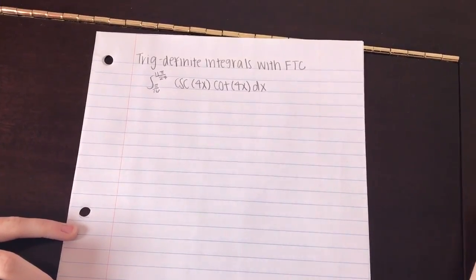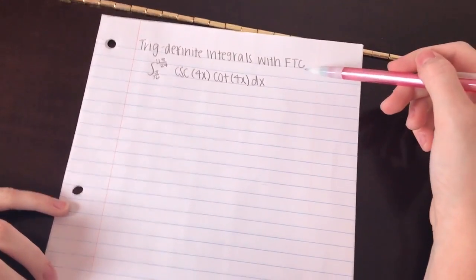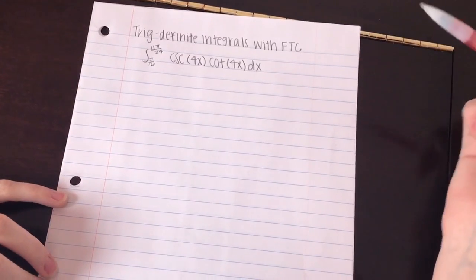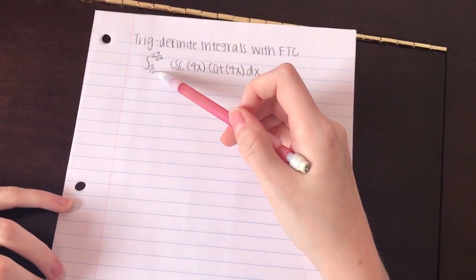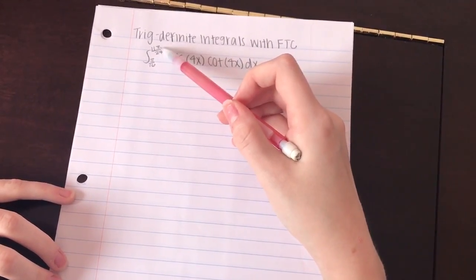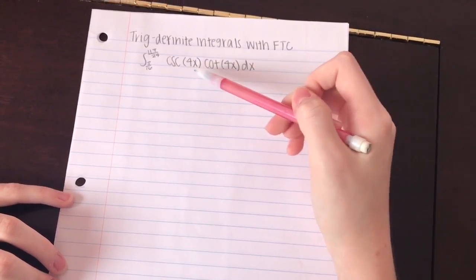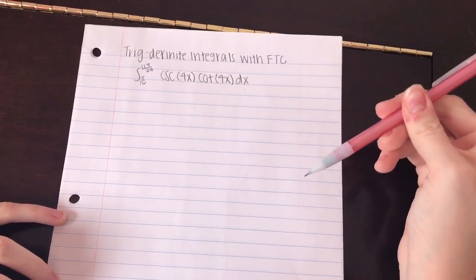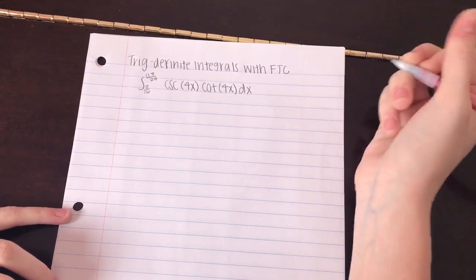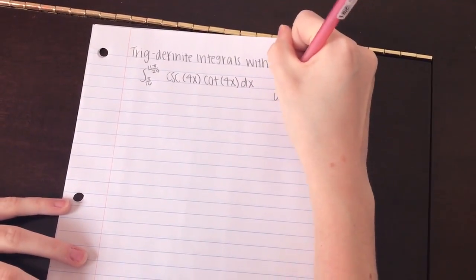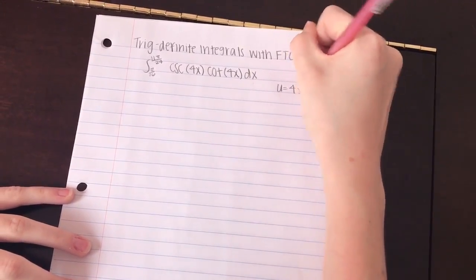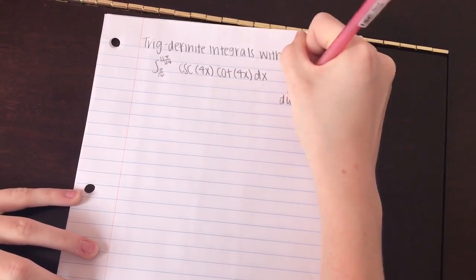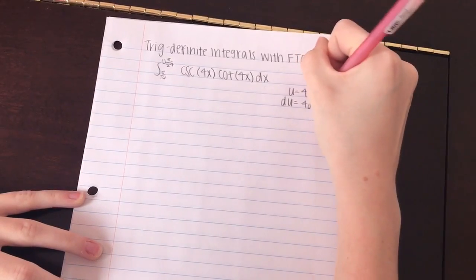So today we're going to be doing trig definite integrals with FTC. Our problem is the integral from pi over 16 to 11 pi over 24 of cosecant 4x cotangent 4x dx. So we're going to have to do u substitution, so u equals 4x, du equals 4 dx after we do